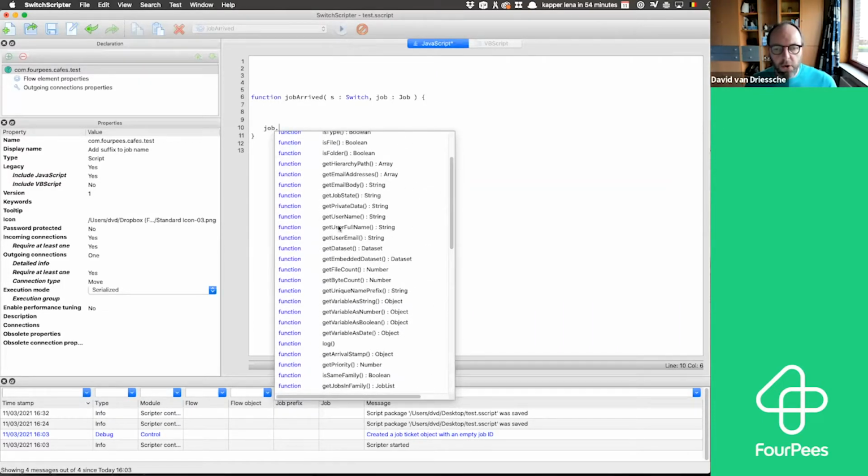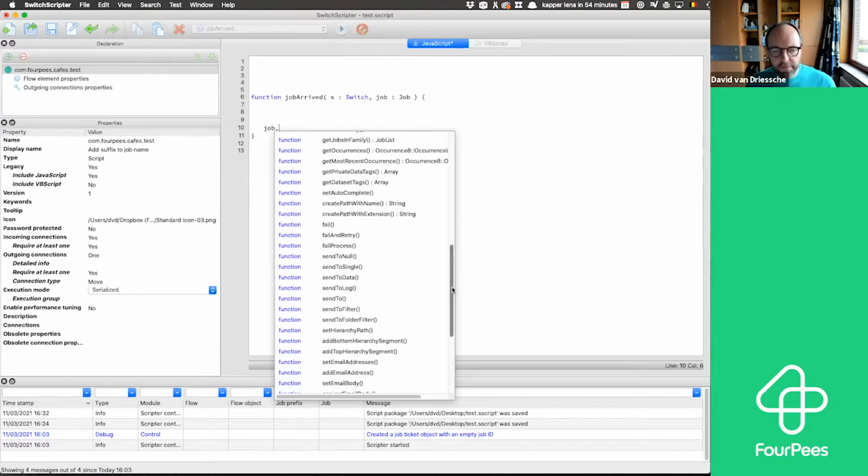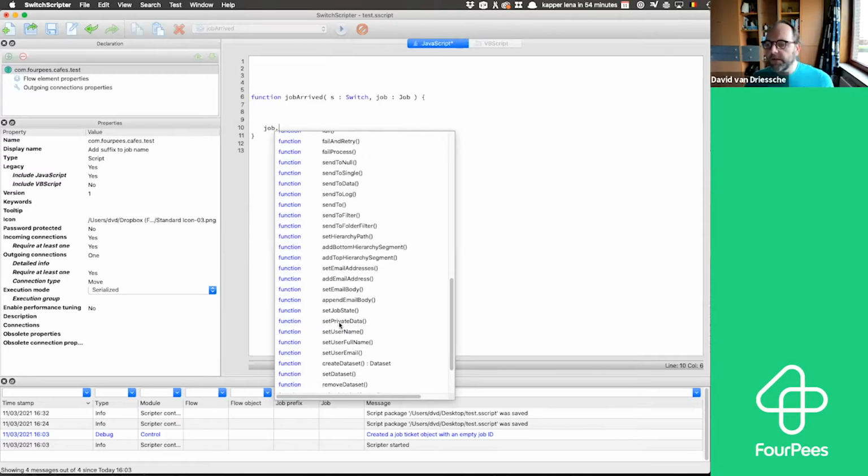So a whole bunch of get functions that give me information about the job. For example, I could look at the private data that comes in with the job and a whole bunch of other stuff. And I also have functions to modify the job. Maybe I want to add a hierarchy thing to there. What else can I do? I want to set private data, or I want to set the job state. So this job object lets me manipulate most of the properties of that job that is